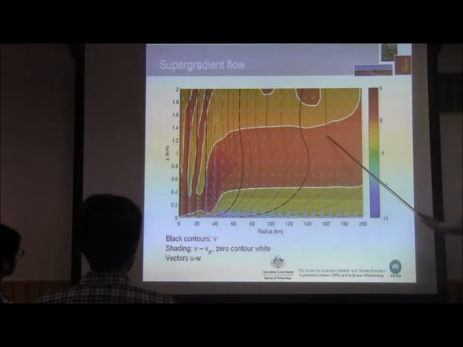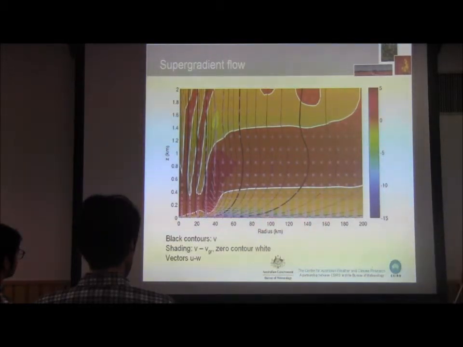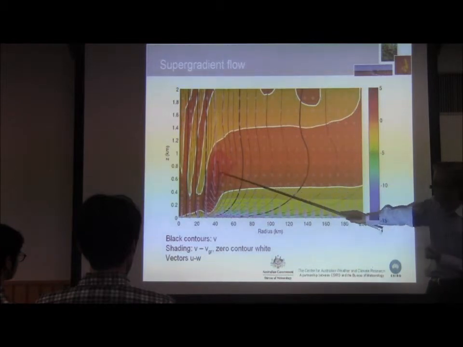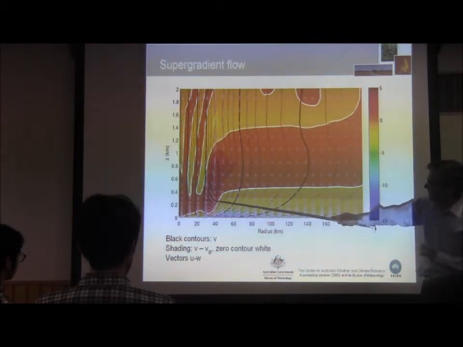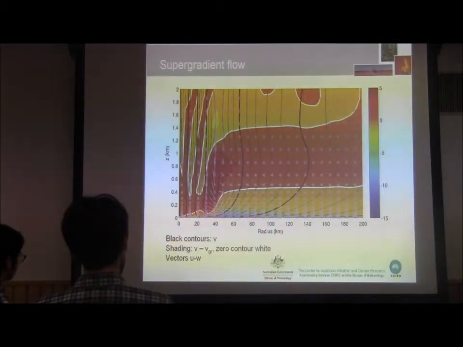And so what we're seeing here is this large area of supergradient flow in the upper part of the inflow layer and lower part of the outflow layer. As we get in towards the radius of maximum winds, that becomes 2 or 3 metres per second supergradient. So in this particular simulation, it's about 5%